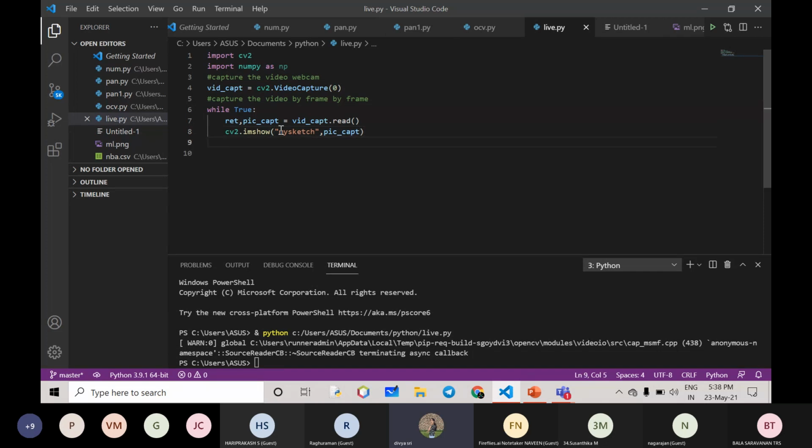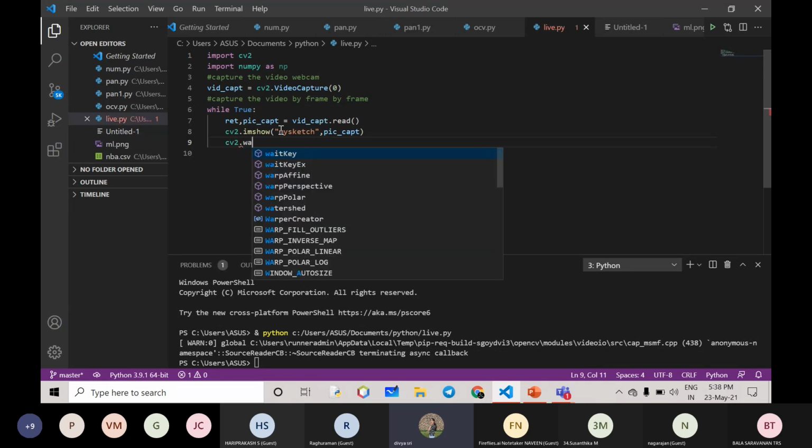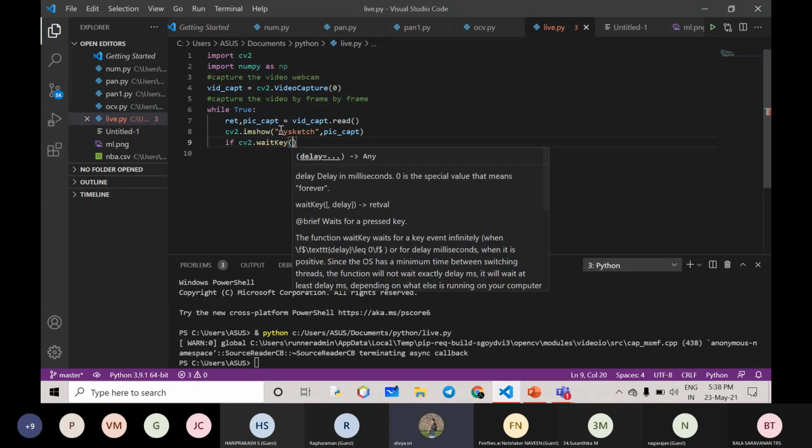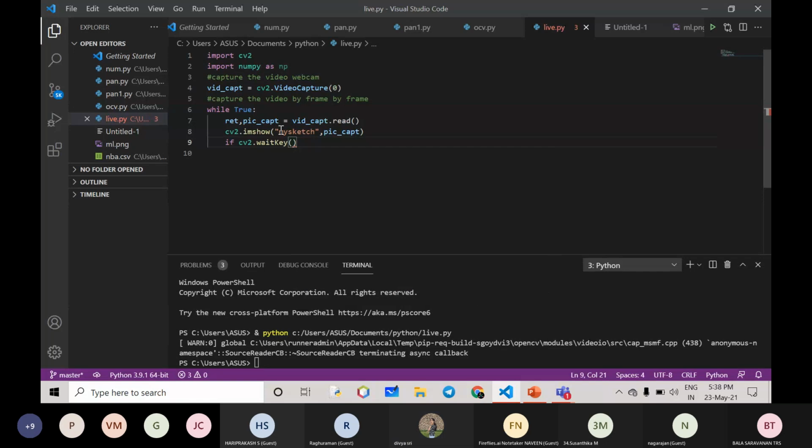Now we have read it. In order to show our output on the screen, there is a function called waitKey, so cv2.waitKey. Here I am going to give waitKey of 1 equal to equal to 13. This 13 is the enter key.